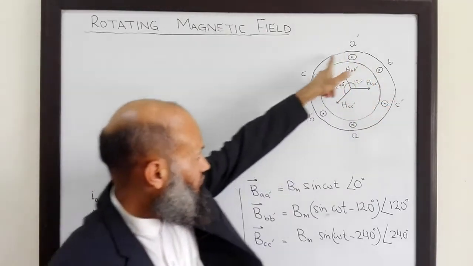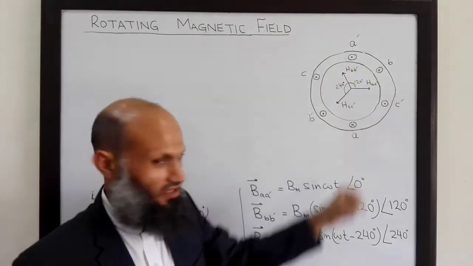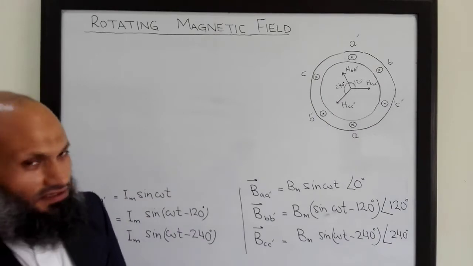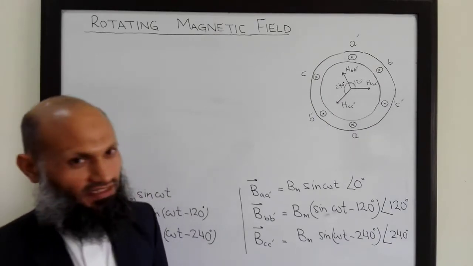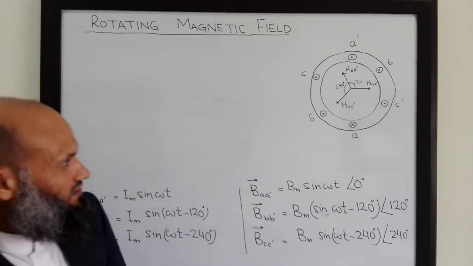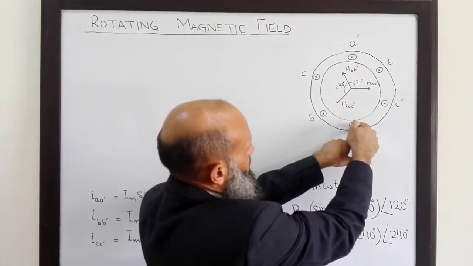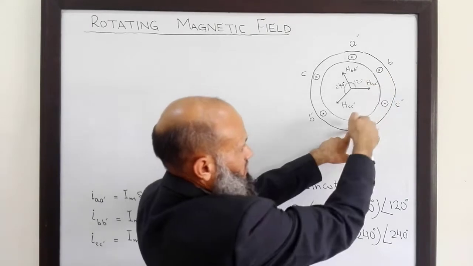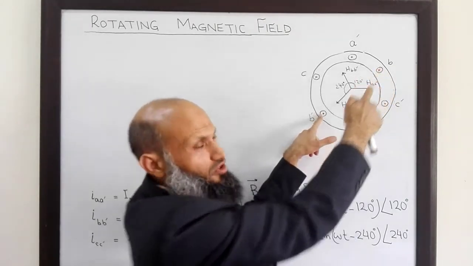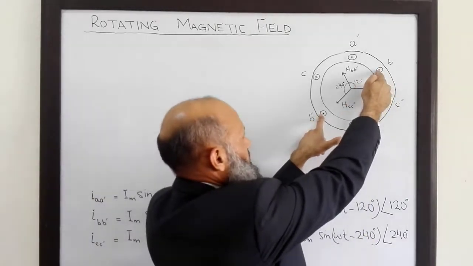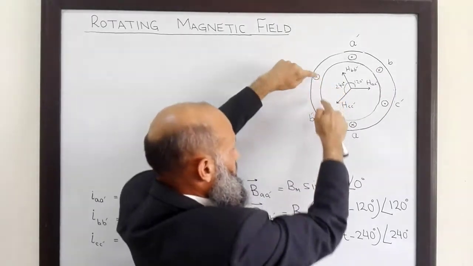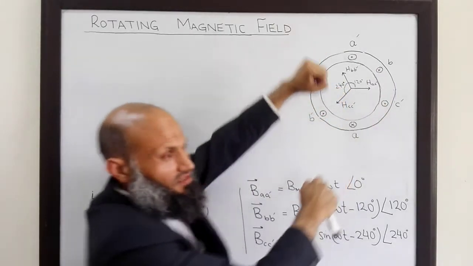Consider this arrangement which we discussed in the last lecture. It consists of a stator of a ferromagnetic material. On this stator, we have a set of three-phase coils. Here we have coil A dash, and 120 degrees apart from this coil, we have coil B dash, and then another 120 degrees apart from this, we have coil C dash.